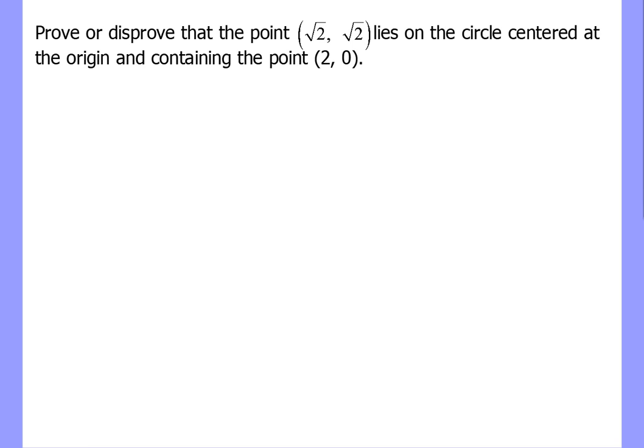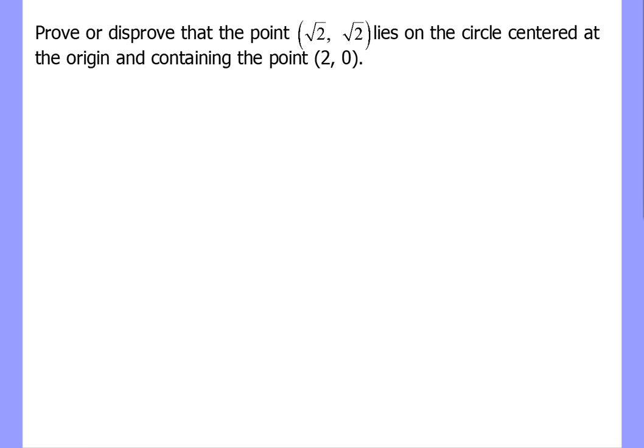What has to happen for root 2 to actually lie on that particular circle? Well, what does it mean for a point to be on a circle? It means that from the center of the circle to that point has to be the same radius,